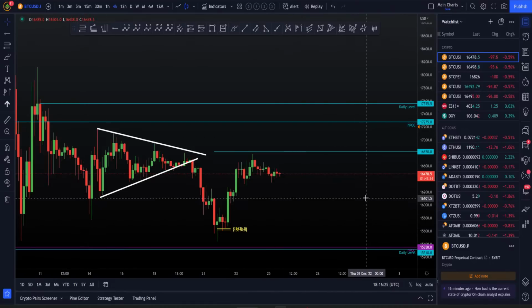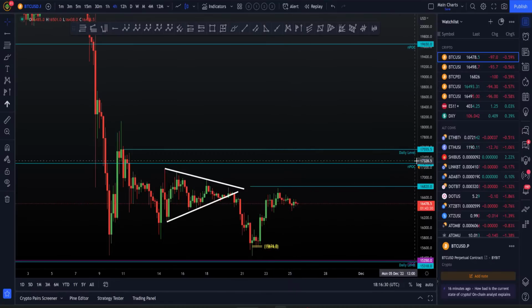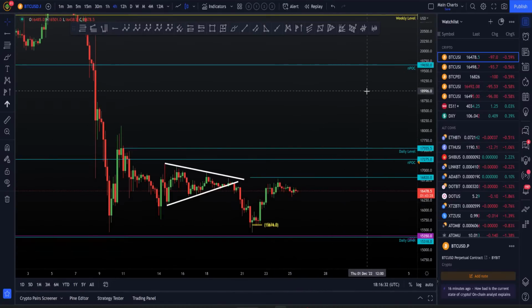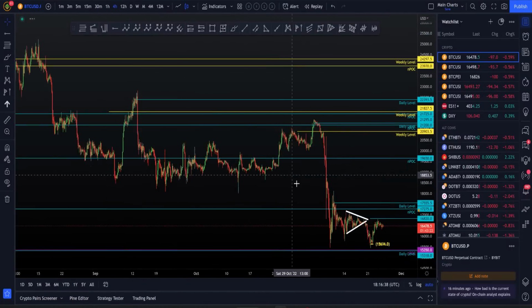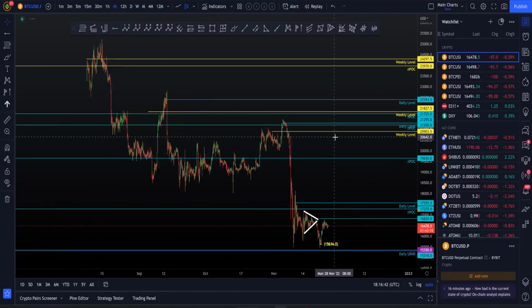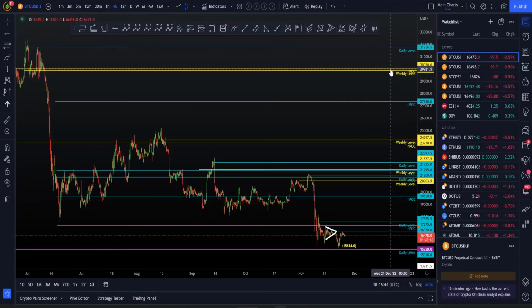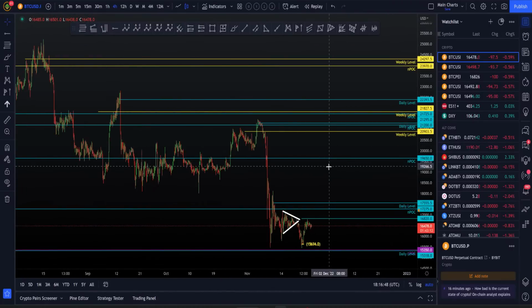Why? Because I overall think that we're going lower. What could change my mind? It could be a sign of strength, right? So we need to see, at least in my opinion, acceptance above 19,200. Until we get back above 19,200, this for me is a breakdown of our previous range. If we get back into the previous range, then brilliant, this is a deviation, and this is where we have that amazing long setup. But for me, there's no sign of strength yet. This is still in a big downtrend.